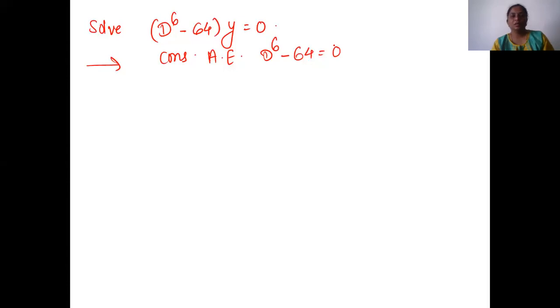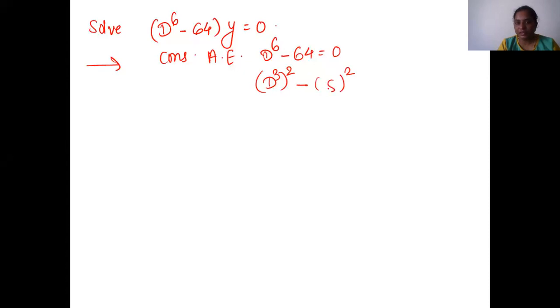Come on, tell me. How do we solve? D cube raised to 2. Yes, very good. D cube raised to 2 minus what? 2 cube raised to 2. No need to write cube, I guess. You are writing it as a square. So what is it, 8 square? What number square is it?